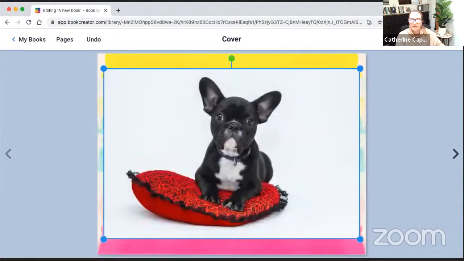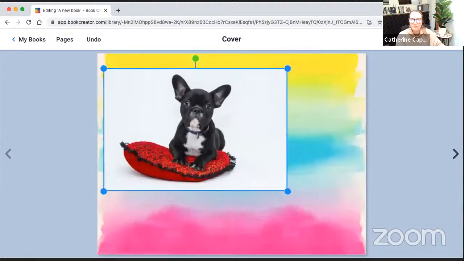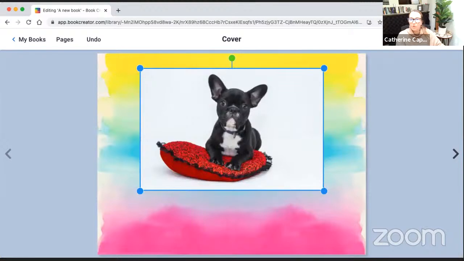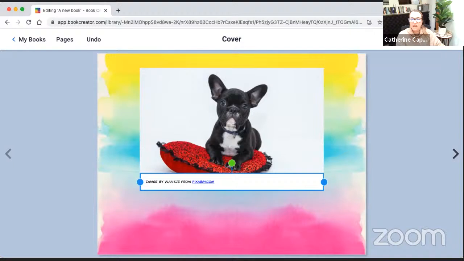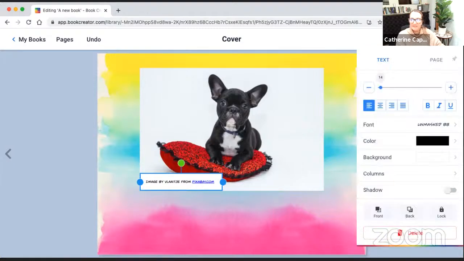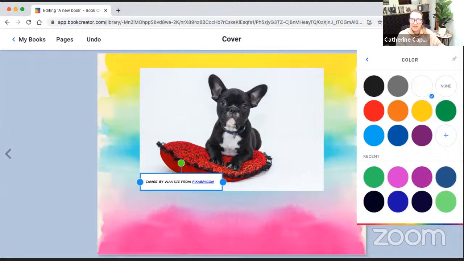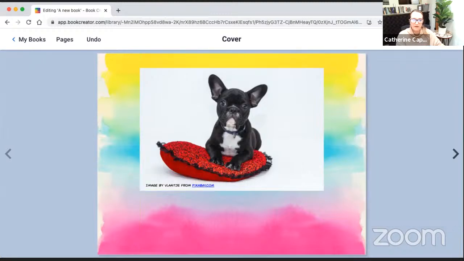And you're probably thinking, well, how do I show where that image is from? I just click on that important inspector sign, and I'm going to see a link that says add attribution to page. I just click on that add attribution to page, and there I have it on my page. I never really like what it looks like at first, so if I click the inspector button again, I can take away the background and redo the font if I want and stuff like that, and it just makes it look better. So there's the image.